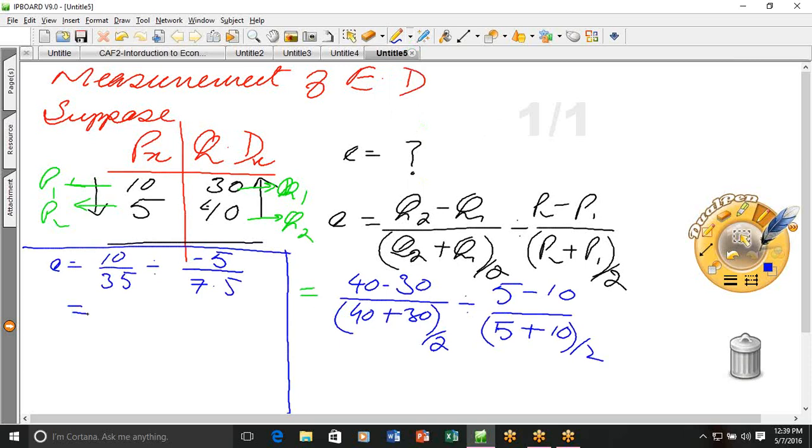Now we can use a calculator. 10 over 35 is 0.28, and 5 divided by 7.5 is 0.66. And 0.28 divided by 0.66, it is 0 minus